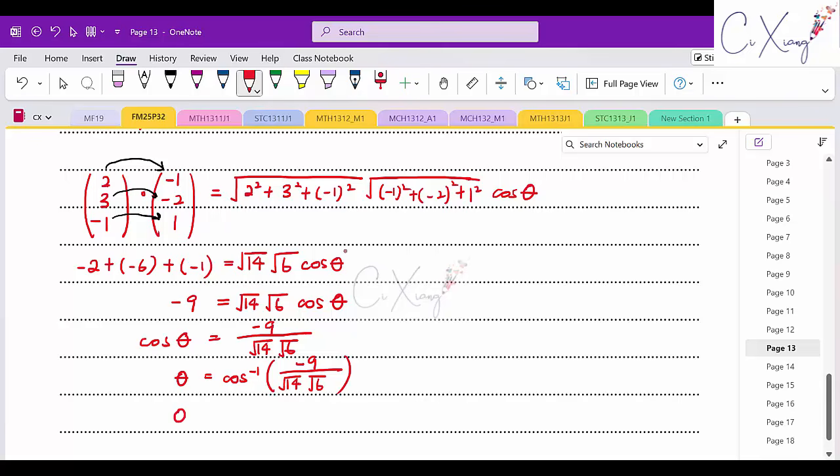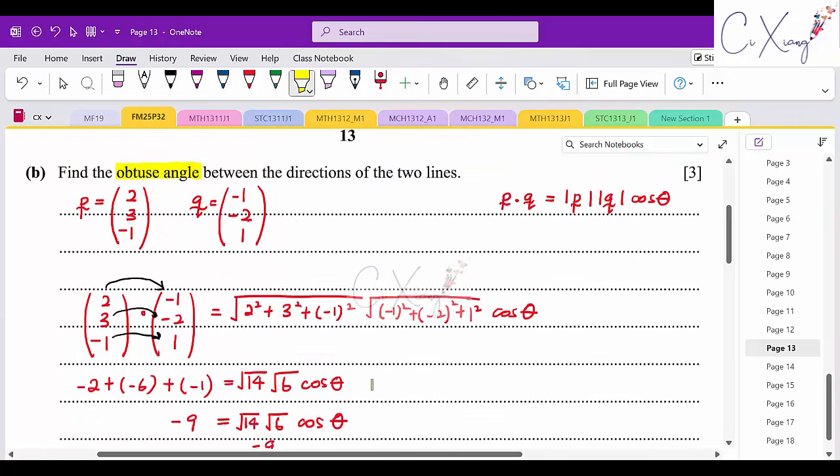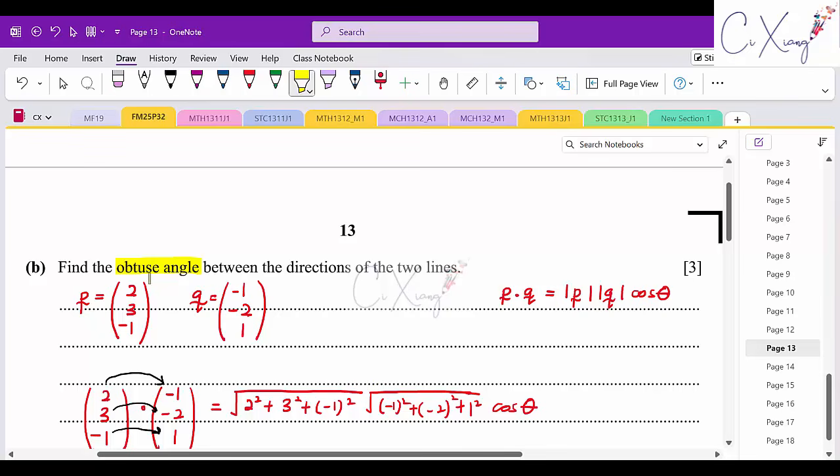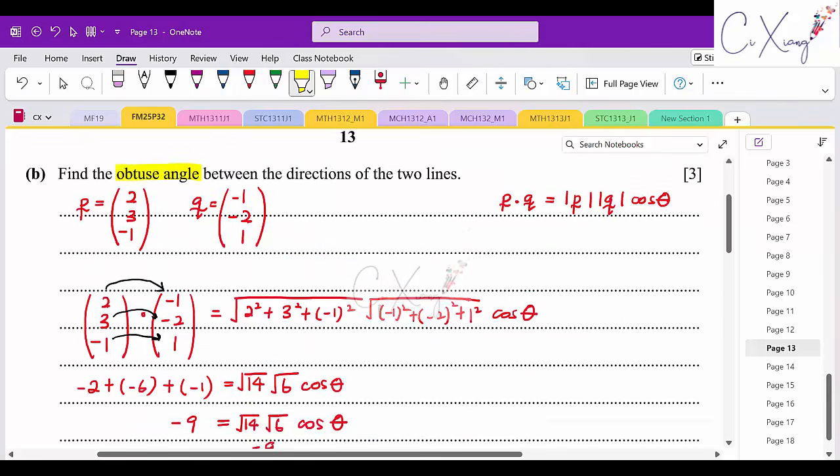Okay, so if you didn't make any careless mistake, by right you should get a long value. Then I will cut it short to 1 decimal place for the angle answer, which is 169.1. So for this question, since they didn't tell you anything about the details of the angle, right? So if you want to keep your answer in